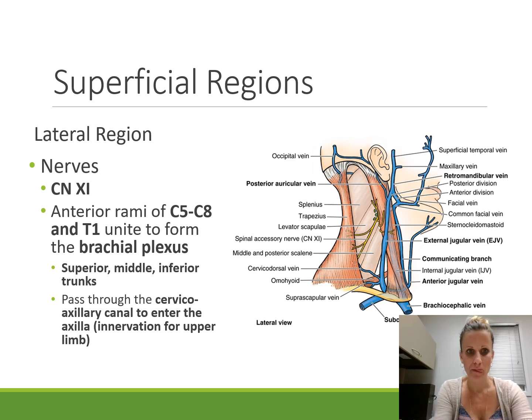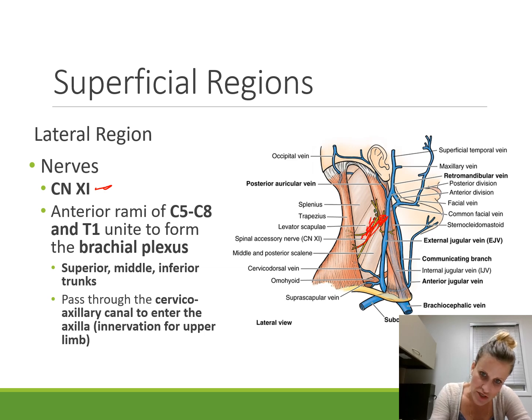Cranial nerve 11, which is the spinal accessory nerve, passes right through the lateral region. So you can see it right here. Remember that cranial nerve 11, it's coming out, it ends up innervating the sternocleidomastoid, right? It brings motor fibers to the sternocleidomastoid. And then you'll see that cranial nerve 11 passes out. It goes kind of laterally, inferior laterally,